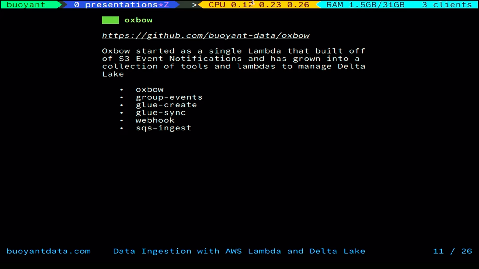Glue create and glue sync are relatively straightforward. If you're in AWS, you might be using AWS Glue Data Catalog. Those help synchronize these Delta tables that Oxbow is creating with the AWS Glue catalog. Glue create will just create that entity. Glue sync will update the schema as the schema is changing,